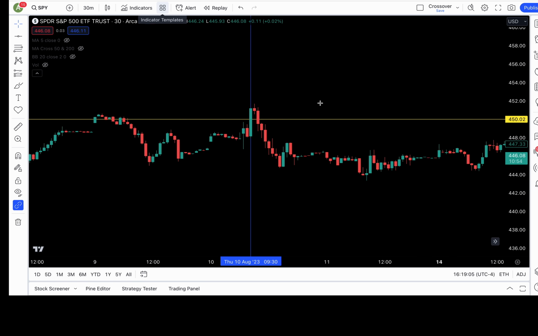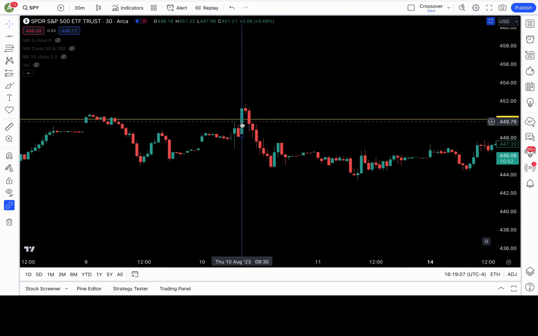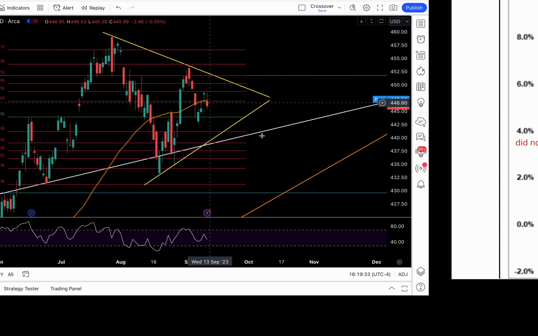Okay, here is the last CPI. This is August 10th. You guys can see the initial reaction was a big bounce. When we found out CPI came in, inflation came in lower than expected, we had a big initial bounce, and then what happened? I had a 450 level. That's the yellow line. False breakout. It hit my 451.7 level, then false breakout, and it dropped lower. All right, that was the last CPI. So just keep that in mind, guys.